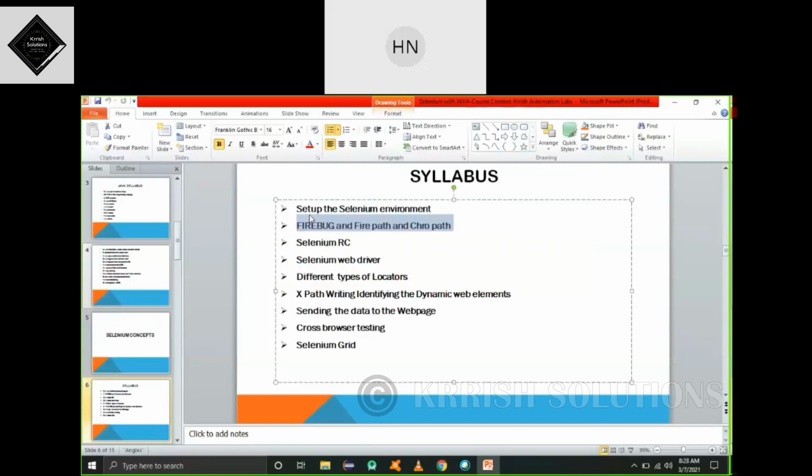We are also going to use Selenium RC, Selenium WebDriver, and different types of locators, and how to write a dynamic XPath. Then we will discuss sending data to the application, how you send data to your web page or web application.